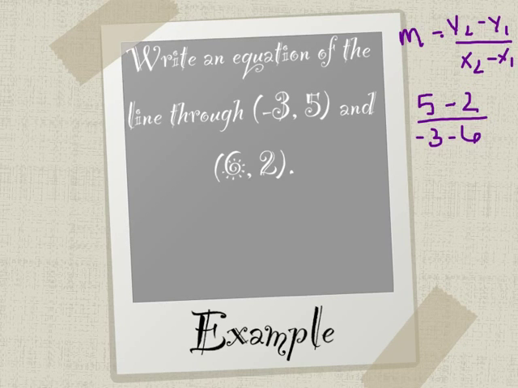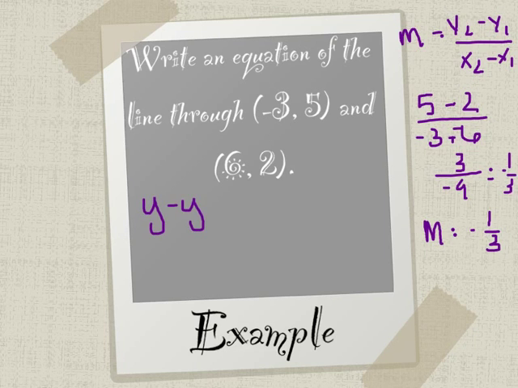And that will work out to be 3 over -3 minus 6, which is like -3 plus -6, which will be a -9. And that gives us -1/3. So that is our slope. Our slope is -1/3. We have 2 points that we get to choose from, so let's plug that into our